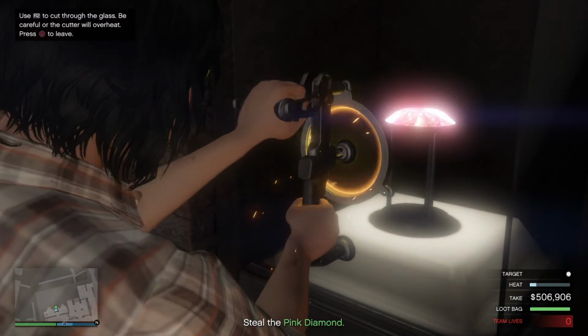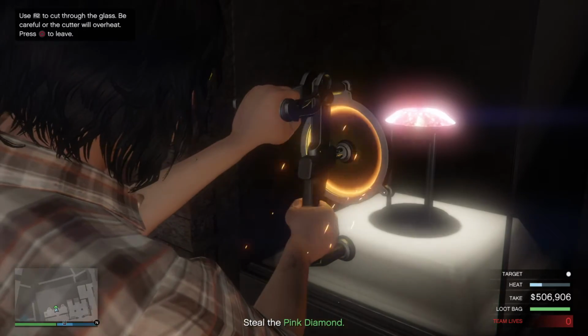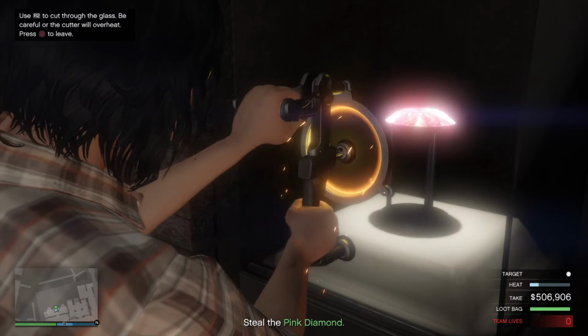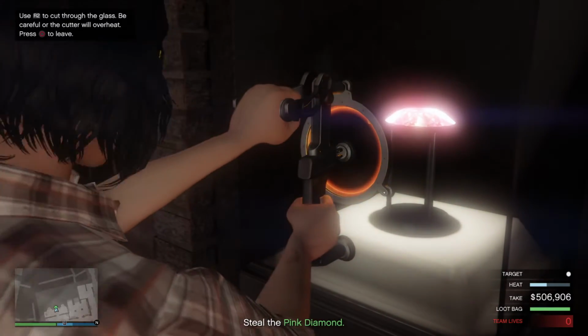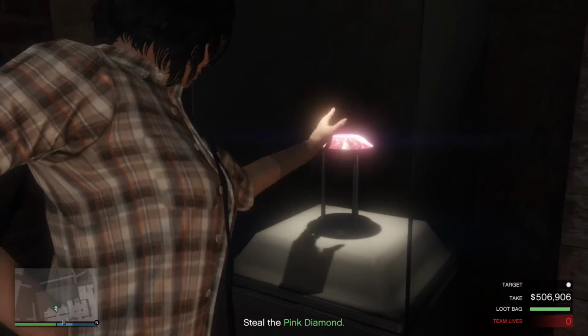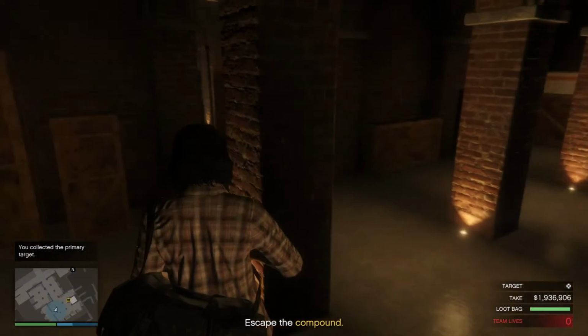Now here, this is easy. Just hold it all the way until it's almost like about 3/4. Once it gets to 3/4, let it go. And then let it go all the way down. This is I found the fastest way to do it. And you should be able to do it in 4 clicks. See, that was 4. So this is pretty easy. Just try not to overheat it because...